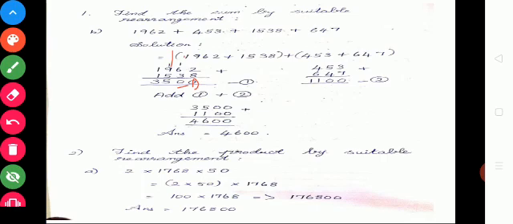1 plus 9 is 10. 10 plus 5 is 15. Write 5 and then carry over 1 in thousands place. So 1 plus 1, 2. 2 plus 1 is 3. Your answer is 3500. And then next add 453 plus 647. Add by yourself and check the answer children. What is your answer?